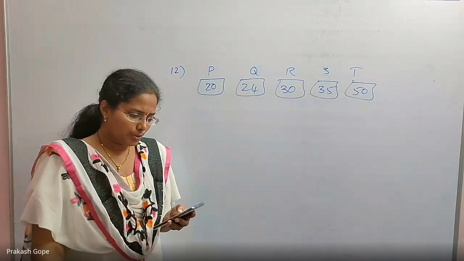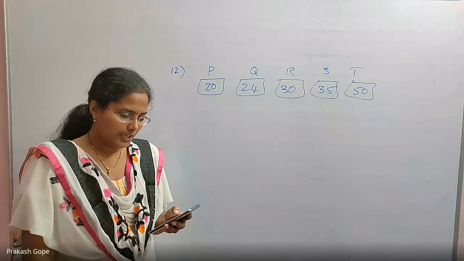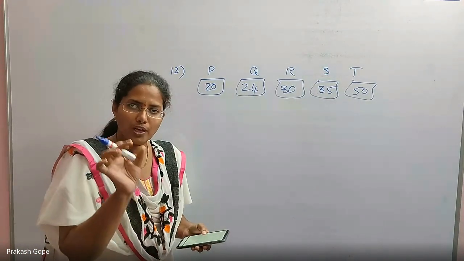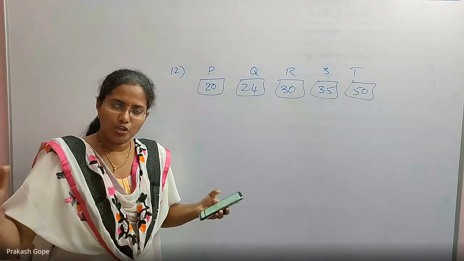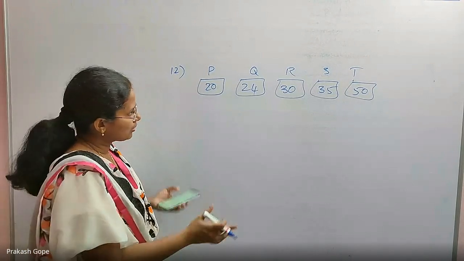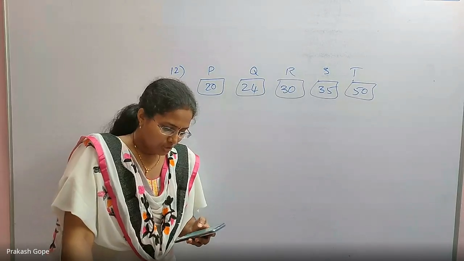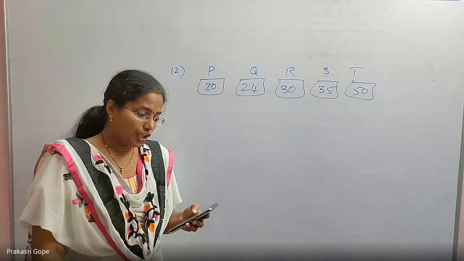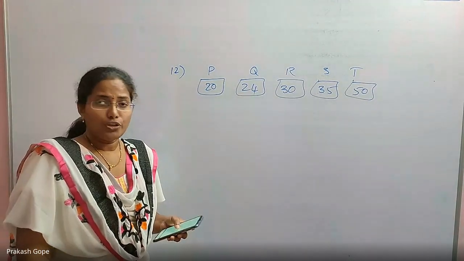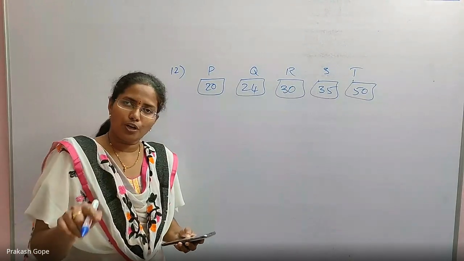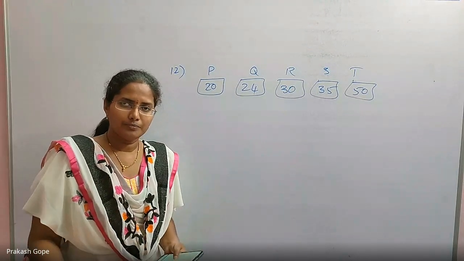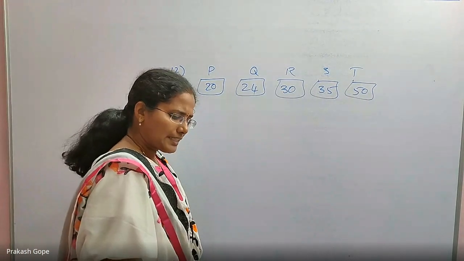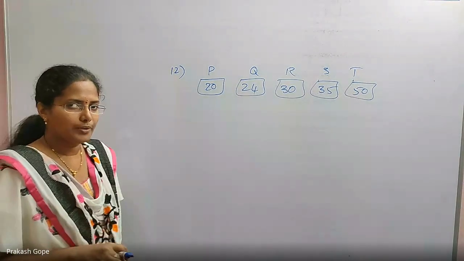They are to be merged into a single sequence or single array by merging two sequences at a time. You need to pick only two files at a time and merge them. Continue the process until you get one final file which has all these elements in sorted order. So the number of comparisons needed in the worst case by the optimal algorithm. While merging, you need to follow an optimal algorithm, which means optimal merging. But you need to calculate the worst case number of comparisons. Though you follow the optimal algorithm, how many worst case comparisons are there?